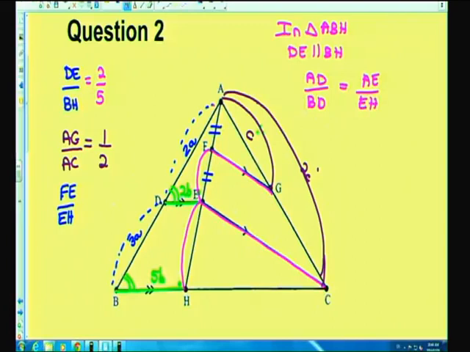Now AD was 2A, BD is 3A, and so we know that AE to EH is the same, so it's also 2 to 3. Now if that is so, this here is 2D to this being 3D. But I know that F is the midpoint, so if that's 2D, this will be D and this will be D. So therefore AF is equal to FE,